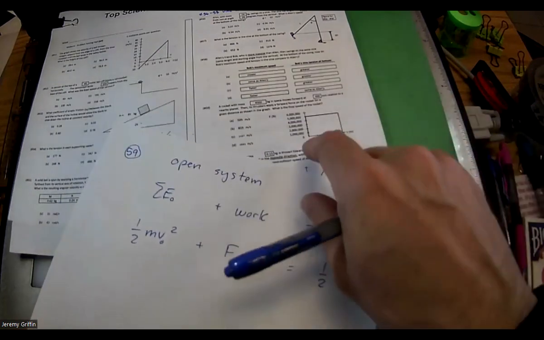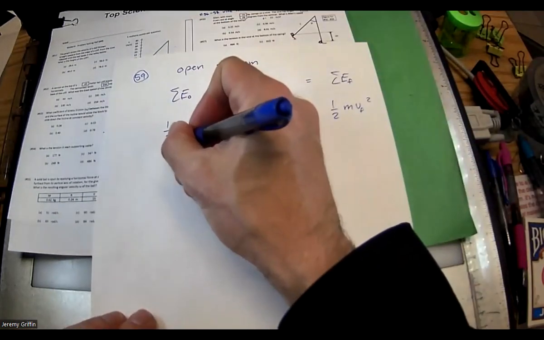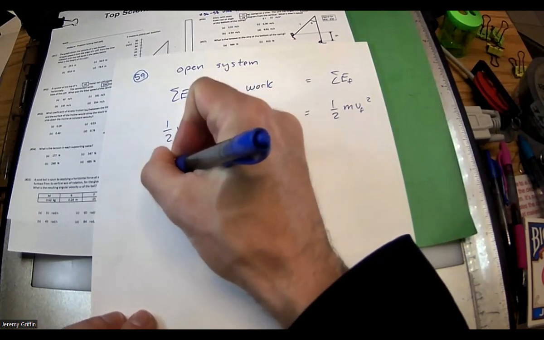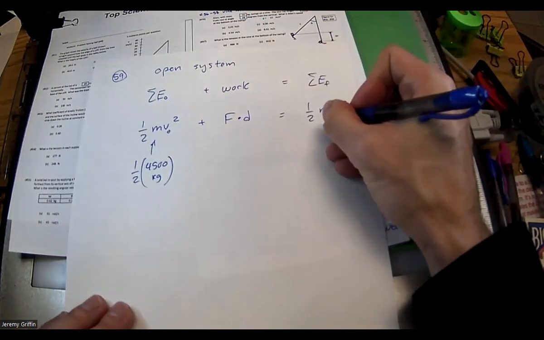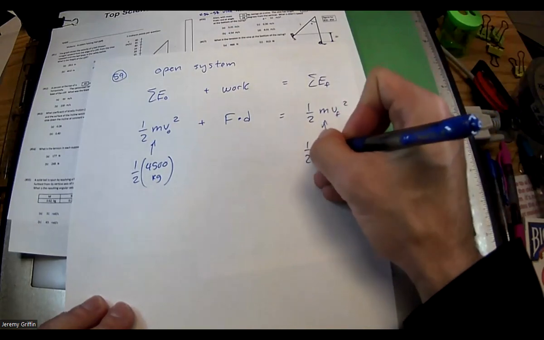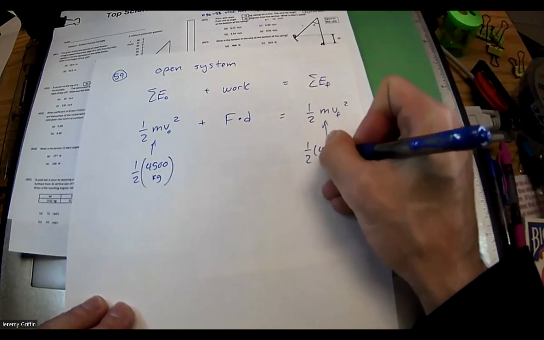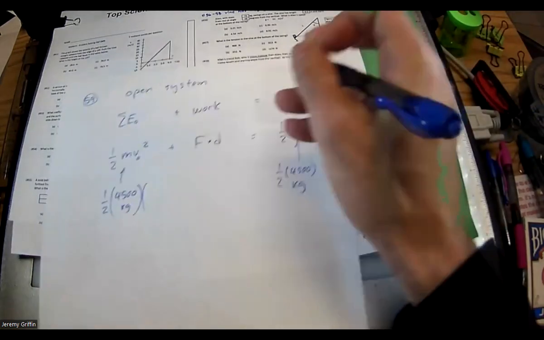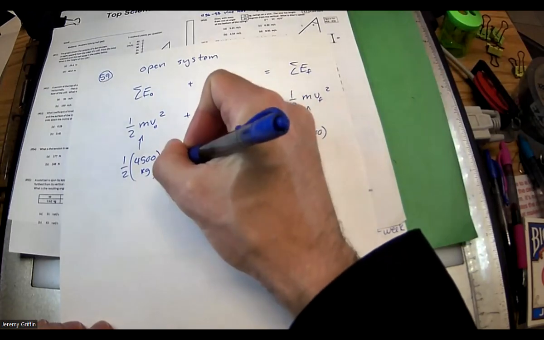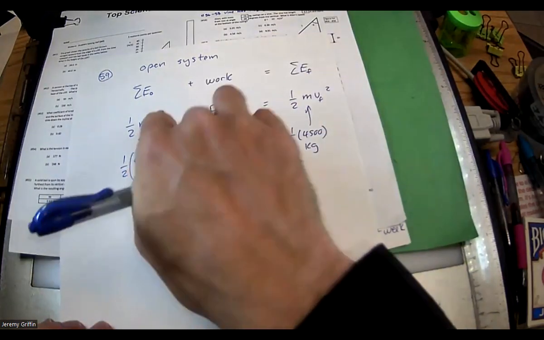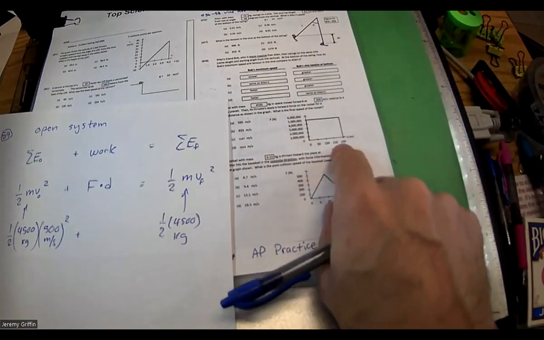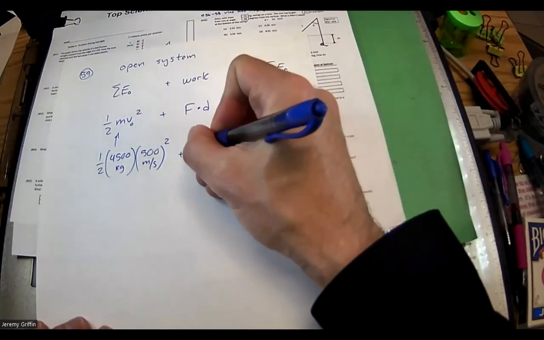So let's put in the numbers. We got a 4,500 kilogram rocket. In this case, the math does not cancel out because it's going to matter. 1/2 times 4,500 kilograms. It was initially going at 500 meters per second. Don't forget to square that. It's kinetic energy. Okay. And then we've got 5 million newtons,